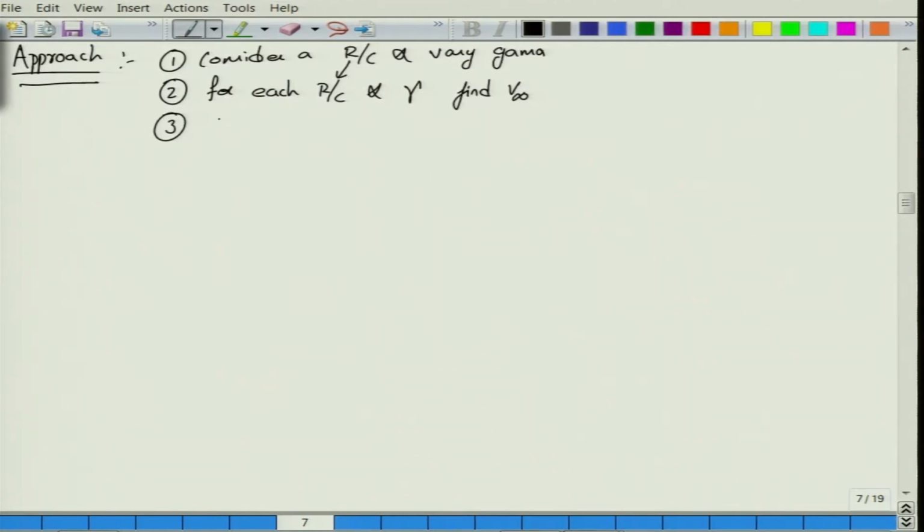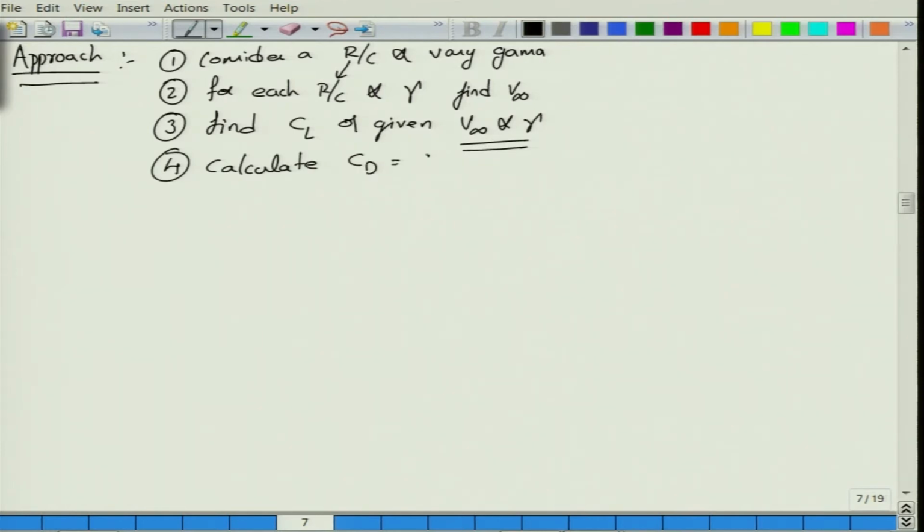So, for R/C and gamma, find V infinity, and now find CL for given V infinity and gamma, for this particular rate of climb. Once you have this CL, calculate CD, which is CD naught plus K CL square, using the drag polar.